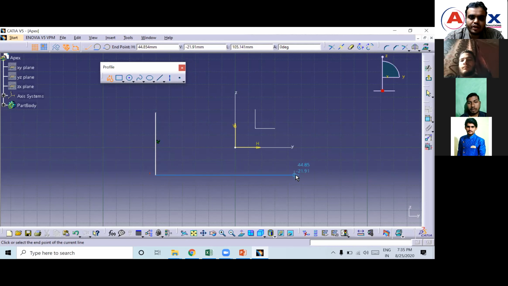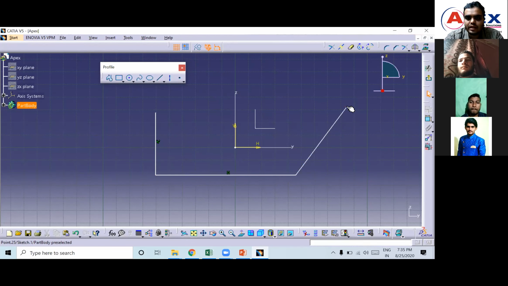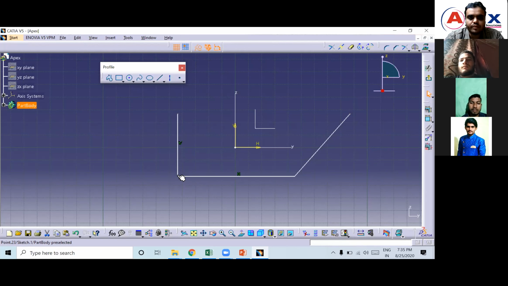Then if you try to create a horizontal line, blue color will highlight, right? If you click it, you will get H, that means horizontal line. If you create an inclined line, you won't get anything. You can easily rotate this, but you can't rotate this. It will remain vertical, and this will remain horizontal. All of you got it?